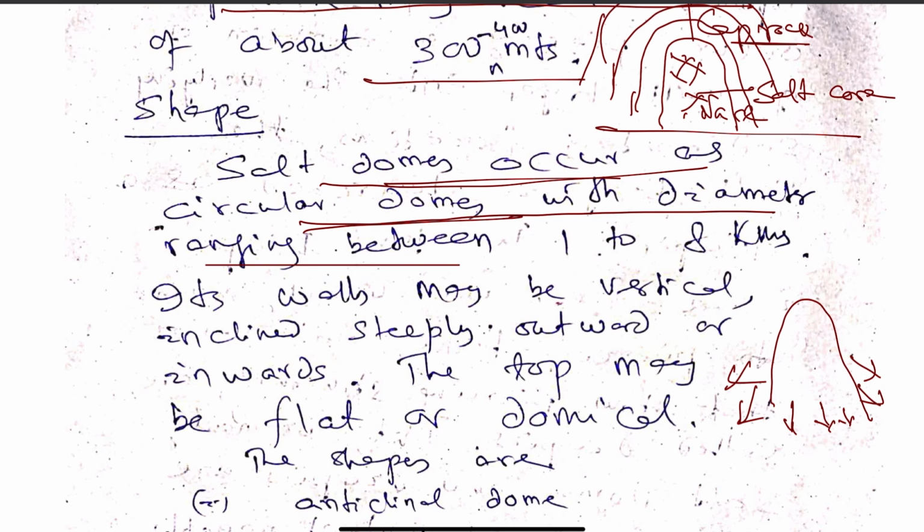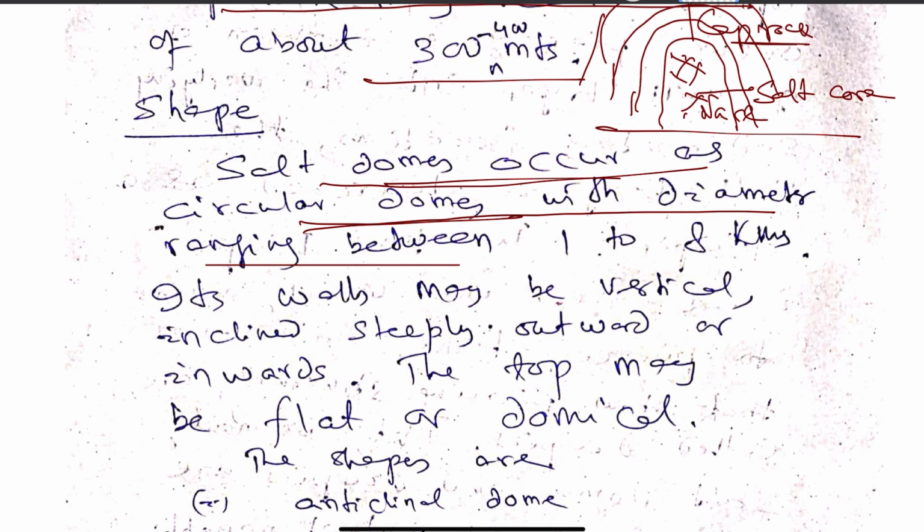Concaversal dip, more or less uniform dip outwards. That is called concaversal dip. So here, in case of the salt domes, the salt is found to move upwards like a cylindrical